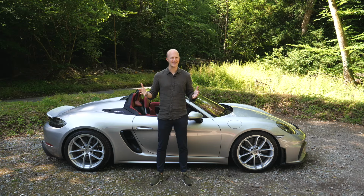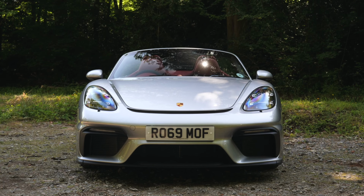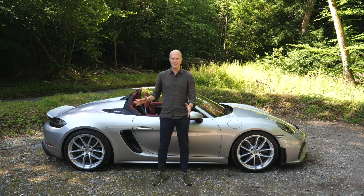Can I kick things off by saying, how good does this car look? I'm obsessed. In my opinion, I think it's possibly one of the best looking sub £100,000 cars ever made. I've always been a fan of the 718 shape. I used to own a Cayman S, but what they've managed to do with this Spyder, I think is genius,